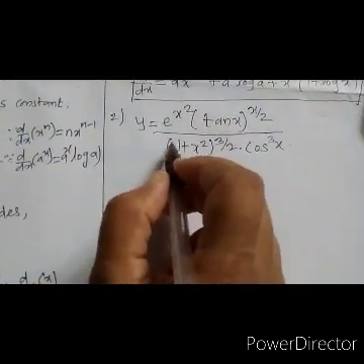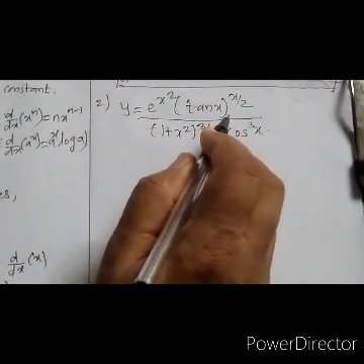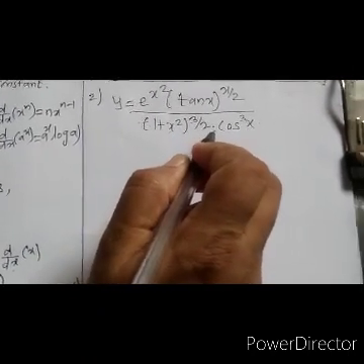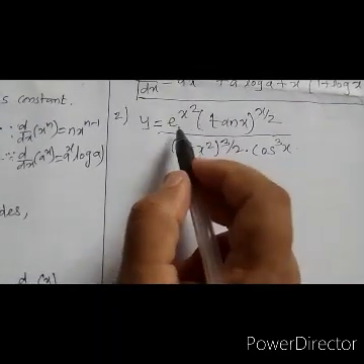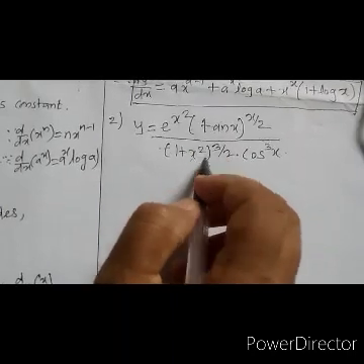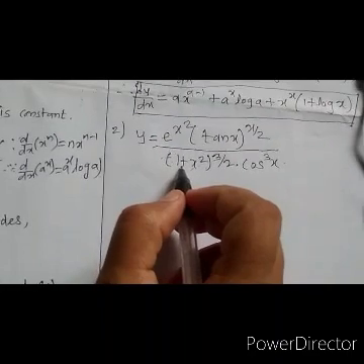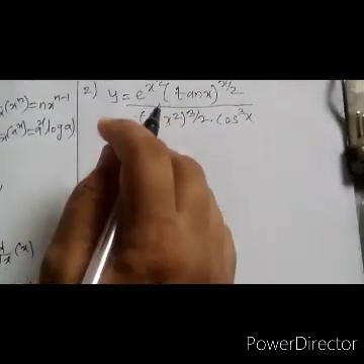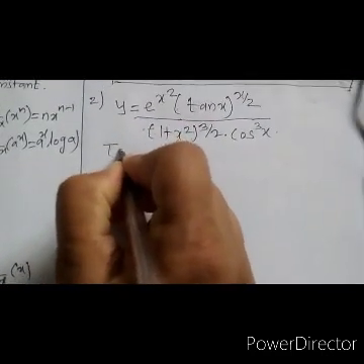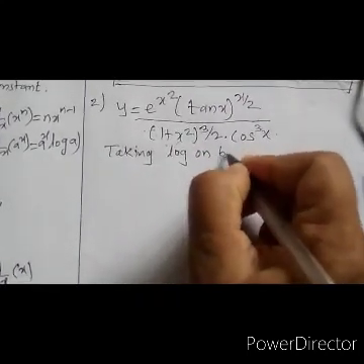So here we have another function, y is equal to e^(x²) into (tan x)^(x/2) upon (1 + x²)^(3/2) into cos³x. So here all the terms are in the form of quotient form, product form and power form. Therefore here we have to use logarithmic differentiation. So here, taking log on both sides,